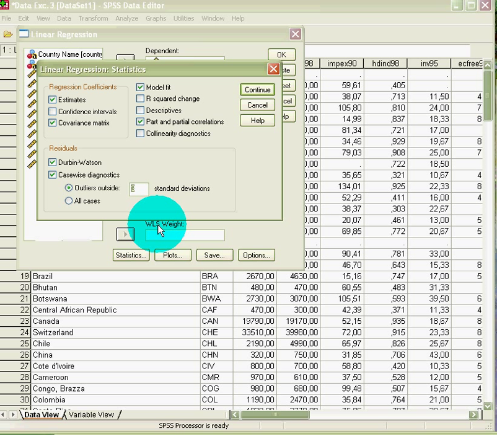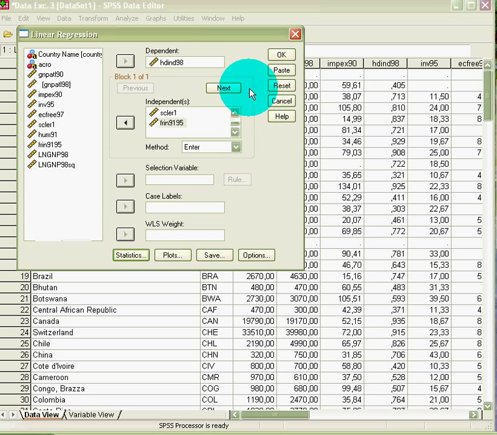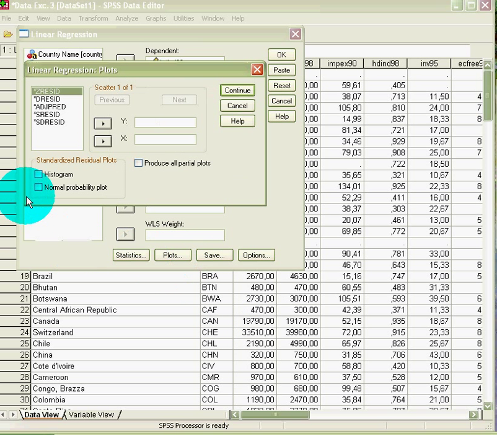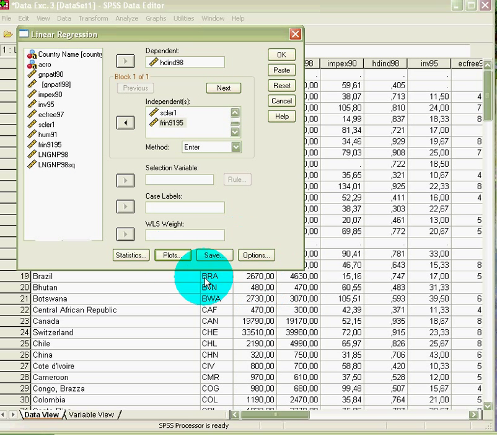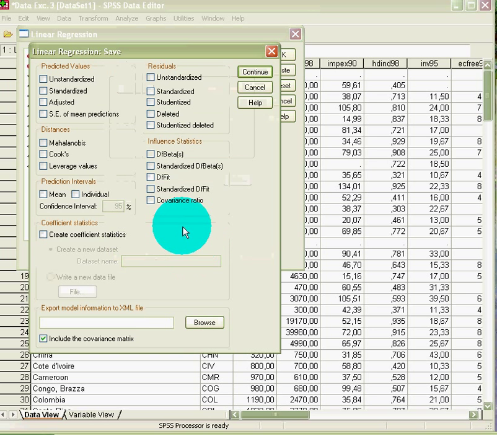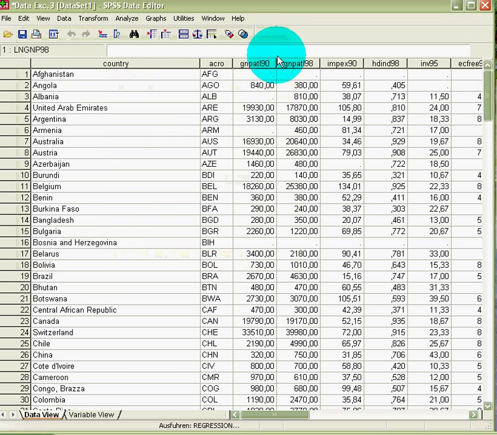Just for this example, let's use 2.5. Continue. Some plots. This one I always like to view, to see if the residuals are normally distributed, and I think we're all set. I don't want to look at these DF betas in this exercise, so just leave it at that. Click on OK,